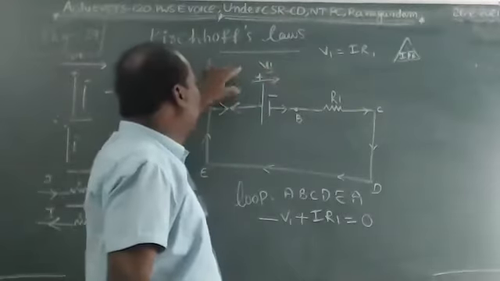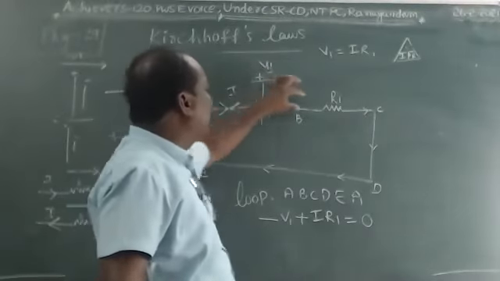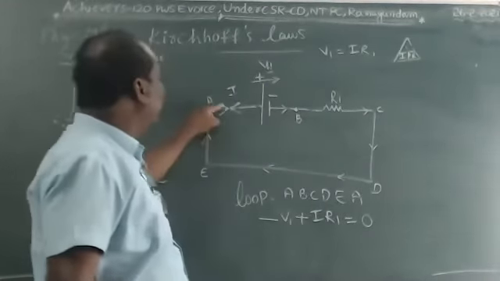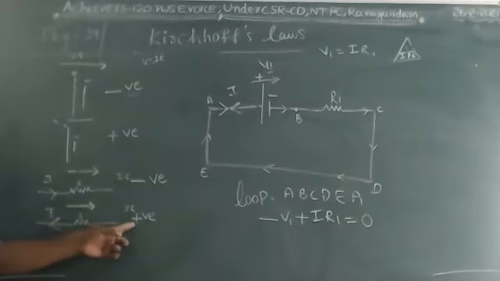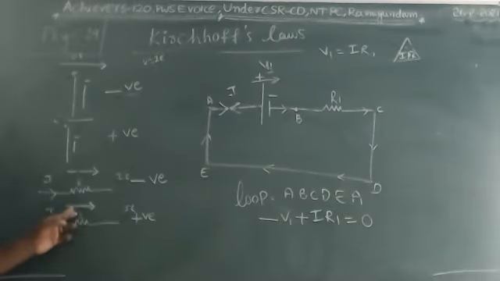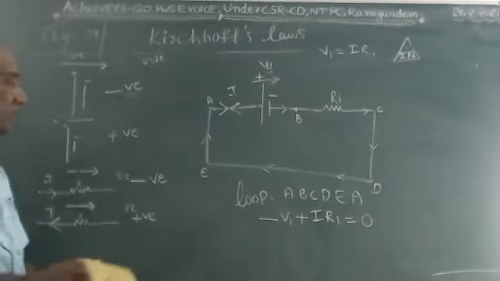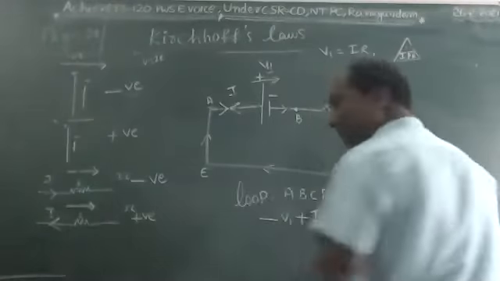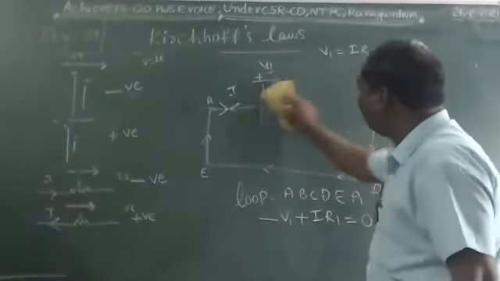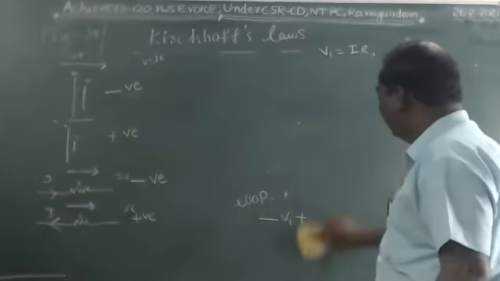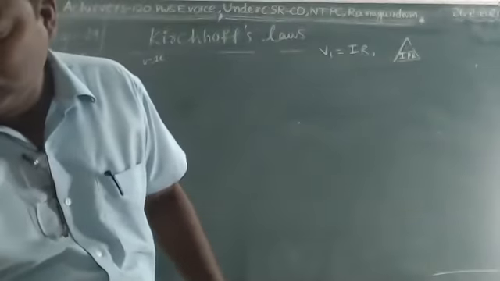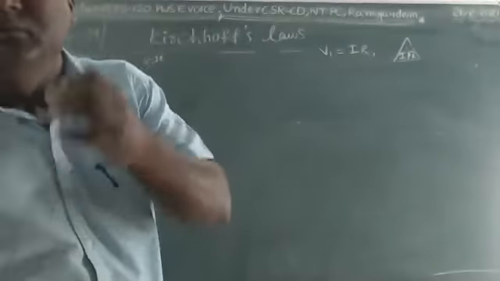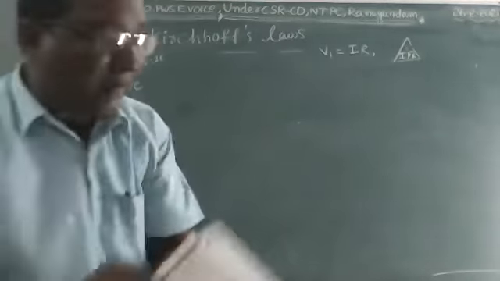Here only current and resistance are given, these two only. When the voltage is across this component, the value is positive, because the voltage direction and current direction are opposite to each other. That's why you have to take the values as positive here. The current direction is opposite to the potential difference, so this IR value is taken as positive. This is the loop answer. Let me do one more. See, it is one more loop.